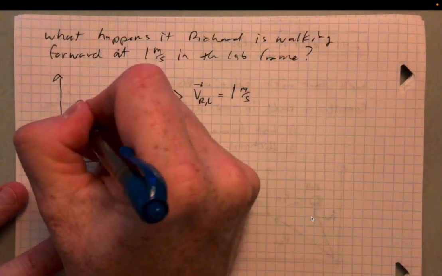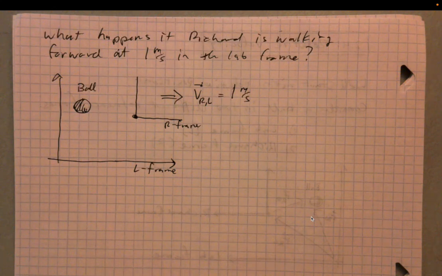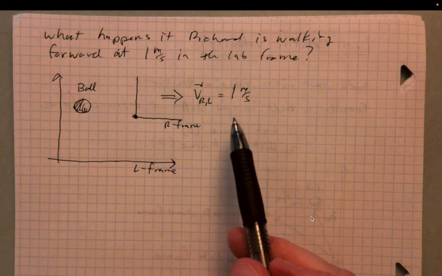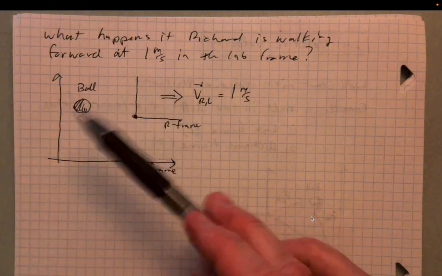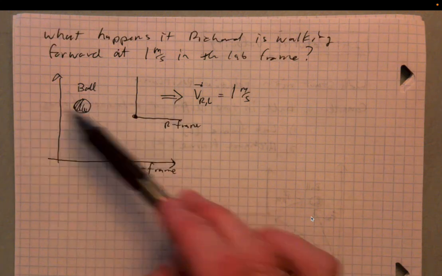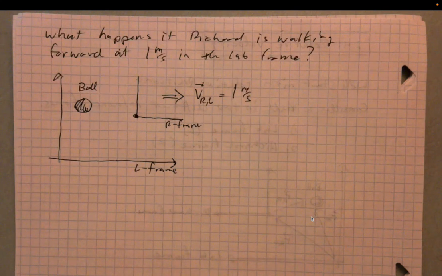Okay, and then we've also got the ball in here. So Richard relative to the lab velocity is 1 meter per second. Now, in this case, from the standpoint of Richard, from my standpoint, if I'm walking at 1 meter per second in this direction, it's going to look to me like the ball is moving away from me. The ball is going to appear to be moving in the opposite direction, even though the ball is actually stationary inside the lab, it's not in motion at all. So how does this all work out